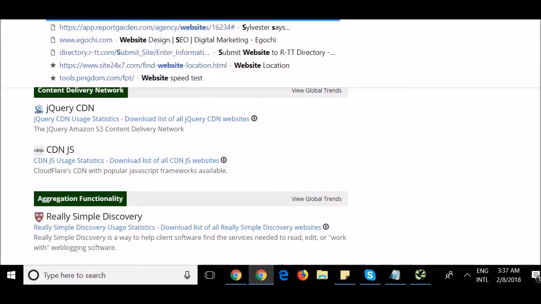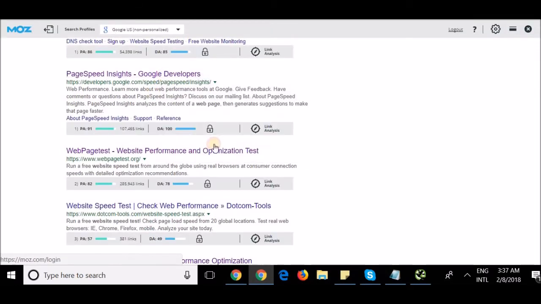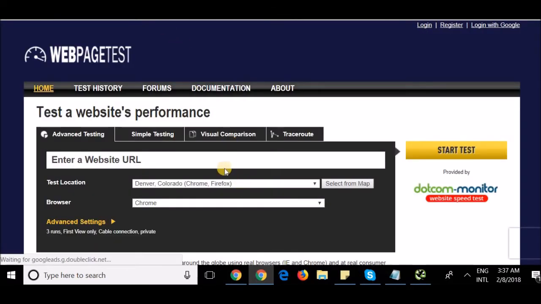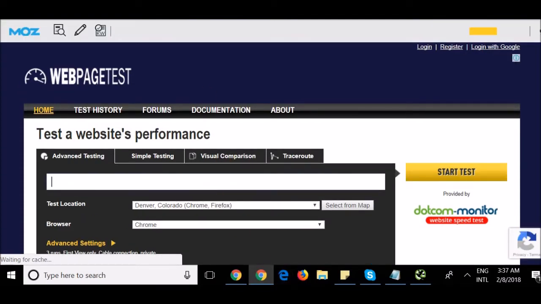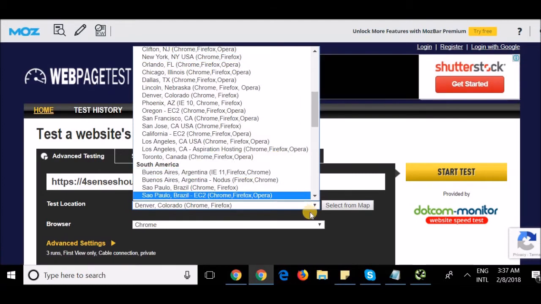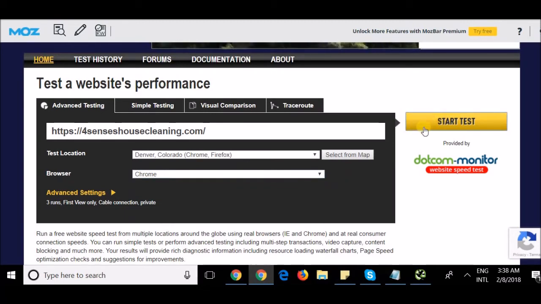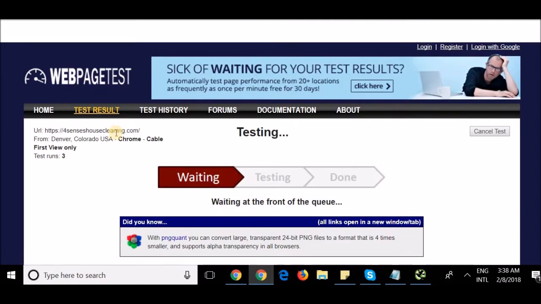Speed test for the website. I know people prefer GTmetrix and Pingdom and things like that, but I stick to just two. One, which is a very good tool according to me, is webpagetest.org, because it really gives me every insight about the performance. I can also choose browsers and things like that. But I'm going to do a basic test for now,